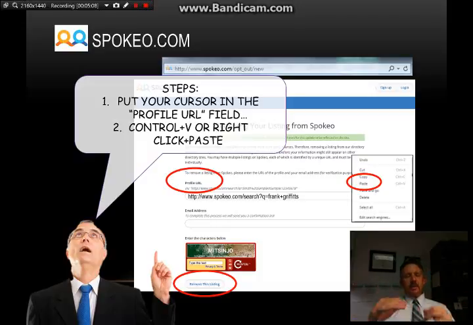You're going to want to put in your email address right under that, because Spokeo is going to email you to confirm: are you sure you really want to remove your information from our database? Why would you want to do that? How dare you take information away from us? They're going to try to talk you out of it, of course. Right below that, you have to fill out the "I'm not a robot" CAPTCHA box, and then at the very bottom is a button that says remove this listing. You have to do that for each of the listings that appear on that first page when you did that search and got those search results.